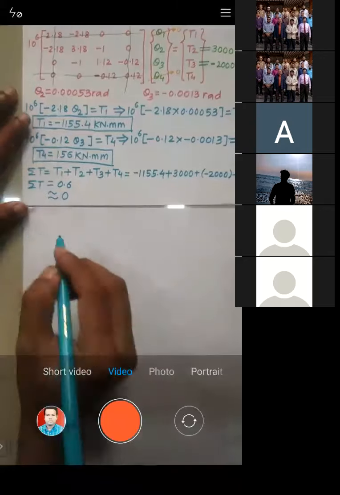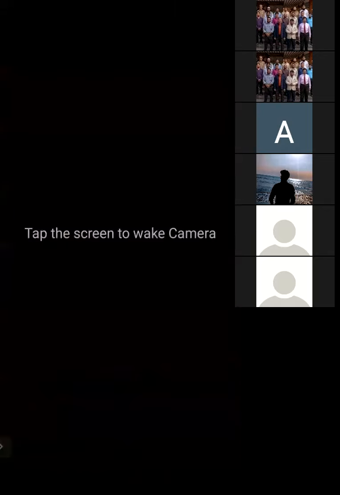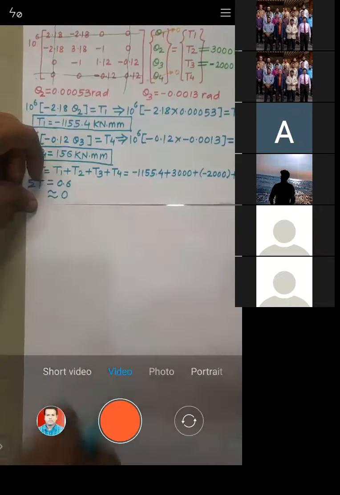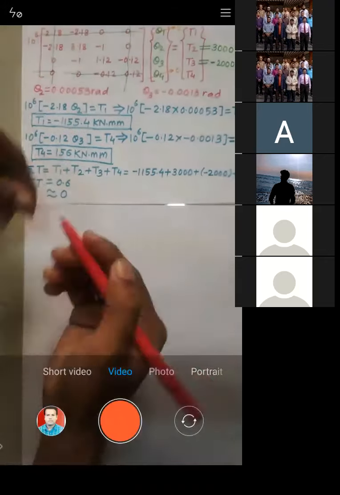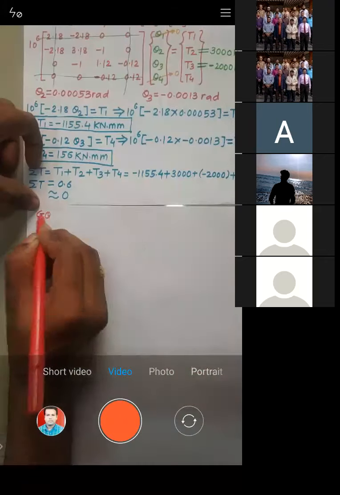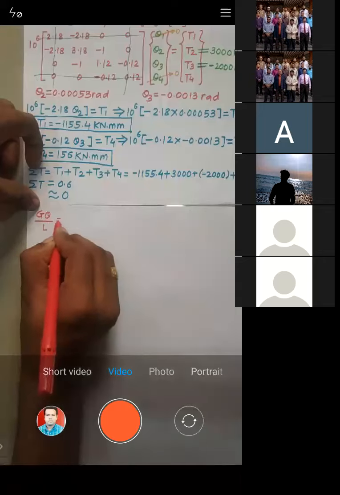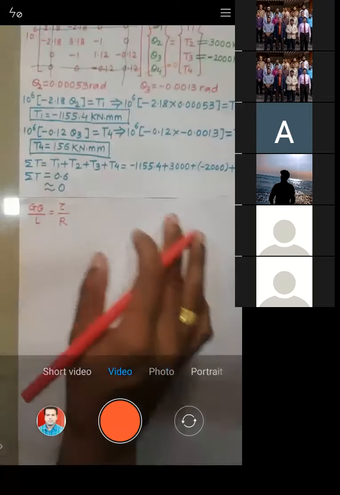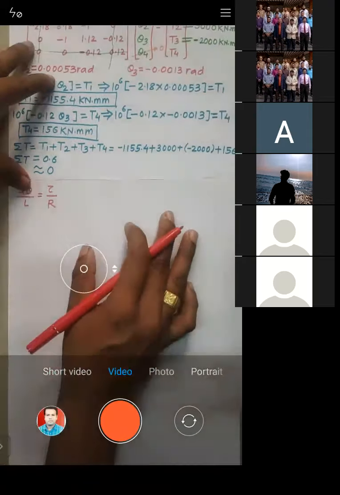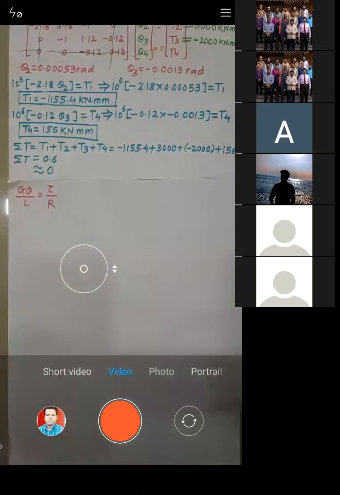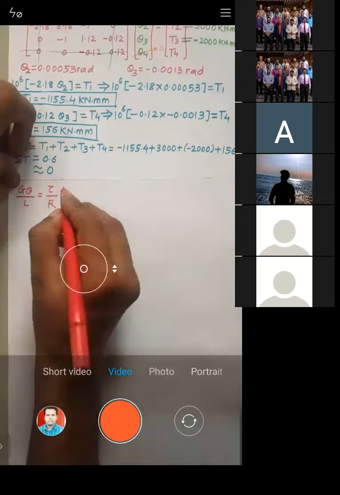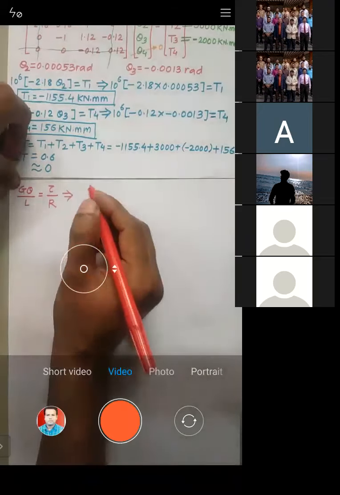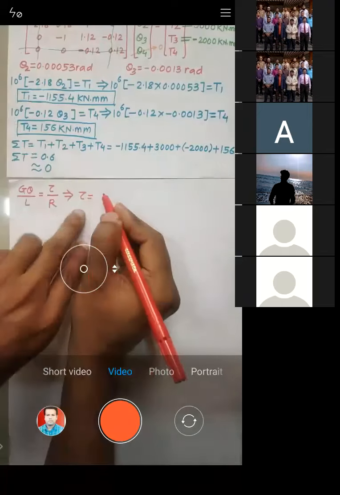So I will just write down some part of that equation. That is G theta. All of you know this equation: G theta by L is equal to tau by R. This equation you have already practiced in SOM. Right? G theta by L is equal to tau by R. Is that okay? I just require only this part of the equation, that is the reason why I use it. I am interested in getting the value of tau, that is basically the stress.